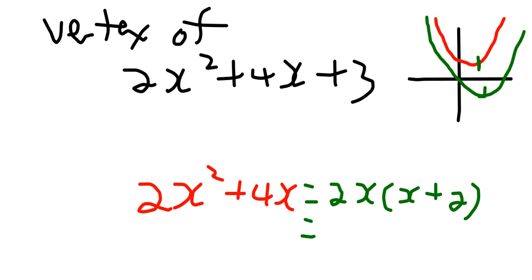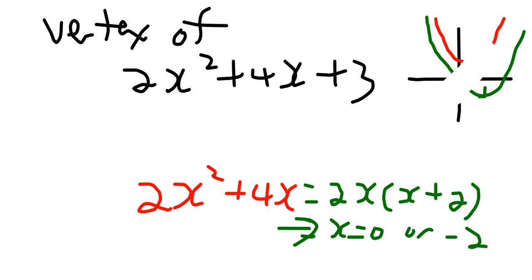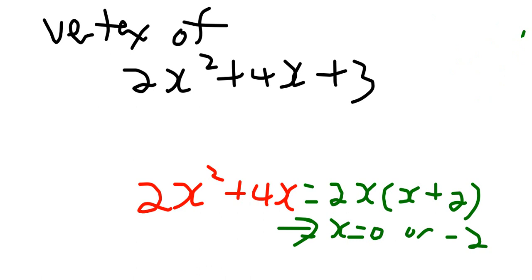This parabola has roots at 0 or -2. So what that tells us is we have a root here at 0, we have another root here at -2,